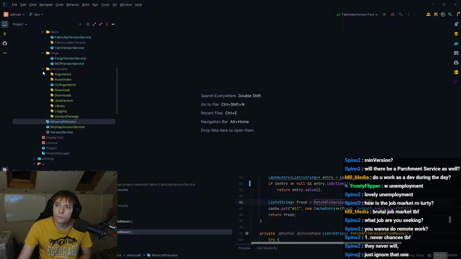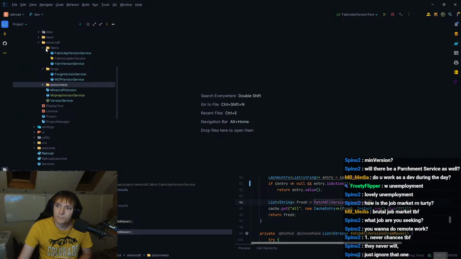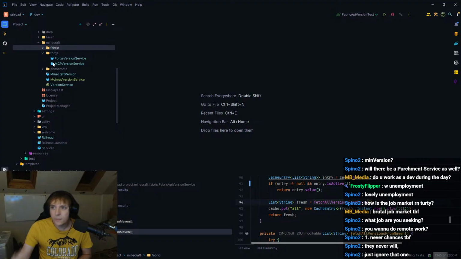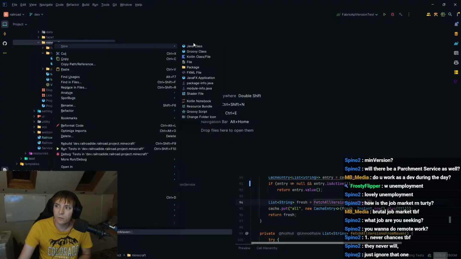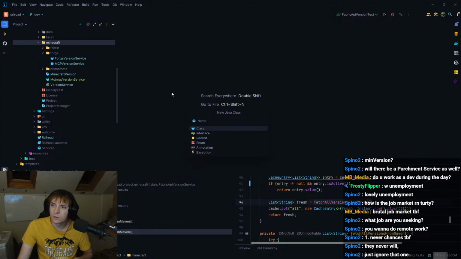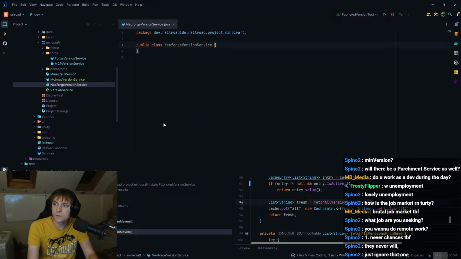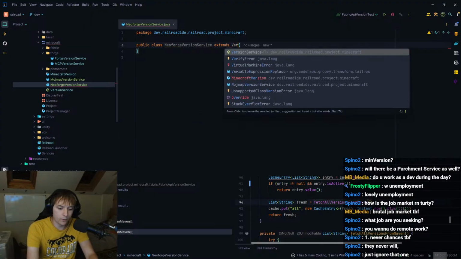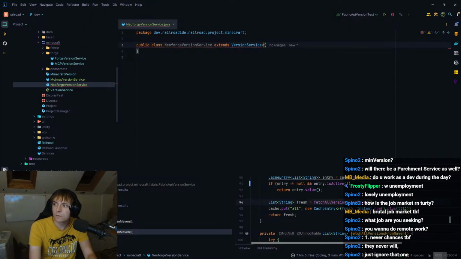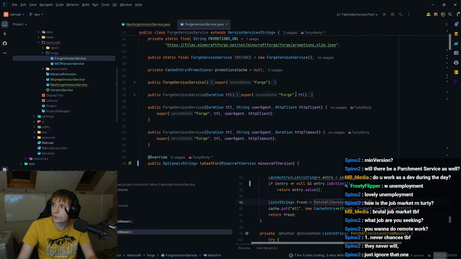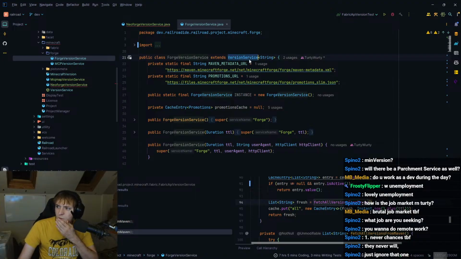Okay, so get you out of here. I'm hesitant to make a NeoForge package because what is NeoForge going to have? I guess maybe like NeoGradle or something. I don't know exactly how NeoGradle works, but I guess that could be a thing. So fine, NeoForge version service extends version service of this one. What did I do for Forge? I did a string. Interesting.